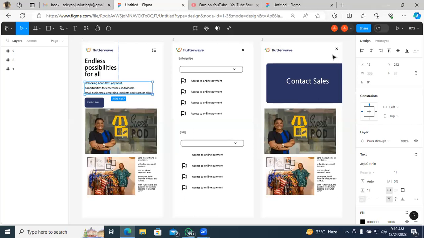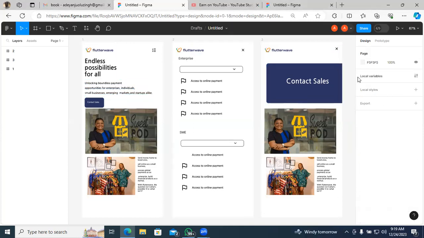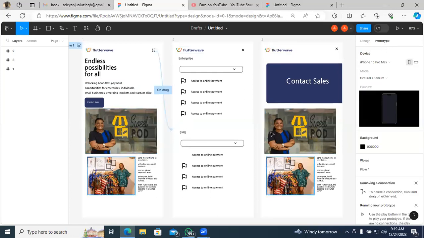It's easier. I'm done with my design. I'm trying to navigate, but I'm not getting it. How to navigate from one place to another? Yes, from that initial one that you taught us about 2 weeks ago. So it's the same thing in terms of photo. When you are done with your design, look at my mouse here. It's on design. So you come to prototype to move from one place to another.